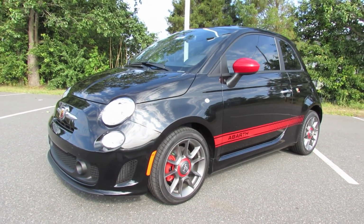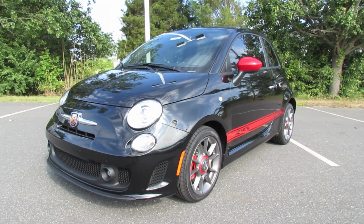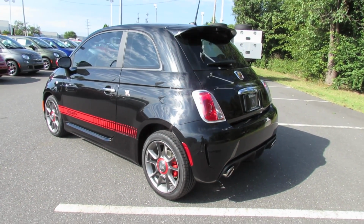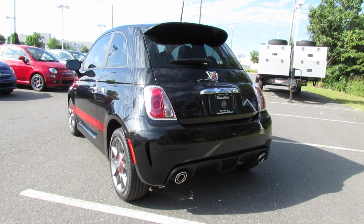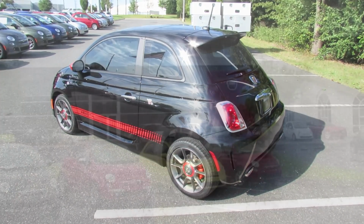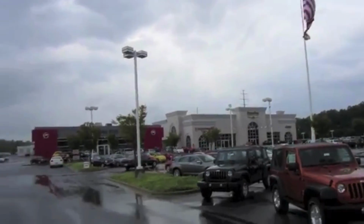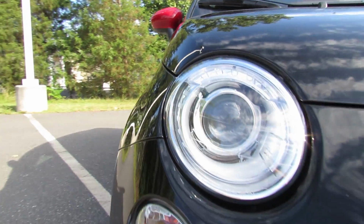Today, let's take an in-depth look at the very quick and highly anticipated 2012 Fiat 500 Abarth. This is going to be a full and in-depth tour of the Abarth. We'll start it up, show the engine, get an exhaust clip, go over the performance data, and show you a bunch of the features on the interior as well as exterior. Today, I'm at State Line Fiat, right next to State Line Chrysler Jeep Dodge in Fort Mill, South Carolina. So, without further ado,